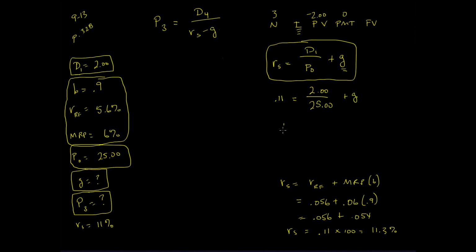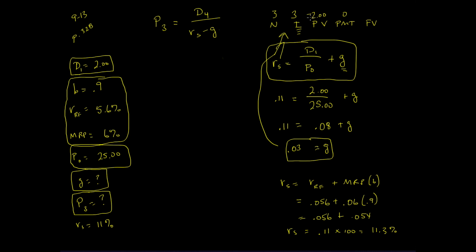So 0.11 is equal to 2 divided by 25, which is 0.08, plus G. If I subtract 0.08 from both sides, G is equal to 0.03. And now I know my growth rate. The growth rate is important because I need to plug it back up here where I'm trying to solve for D sub 4. If I plug in my growth rate of 3%, I plug into the calculator, 3 is in,